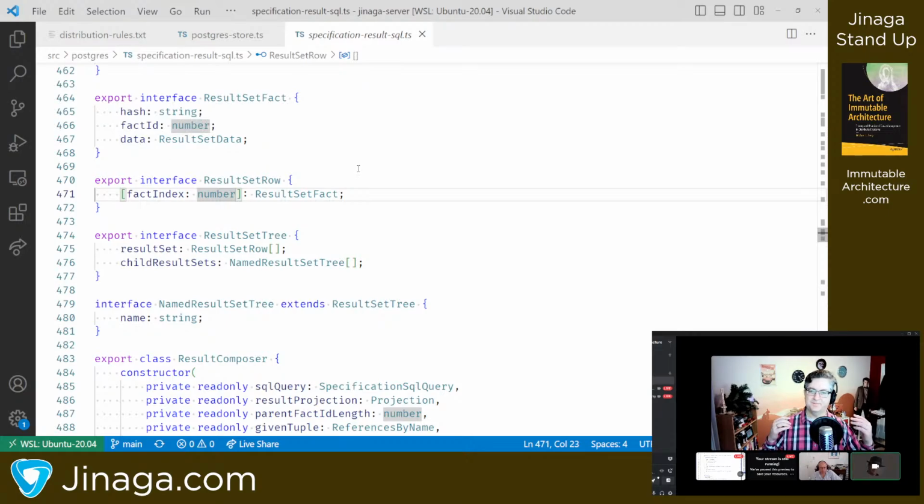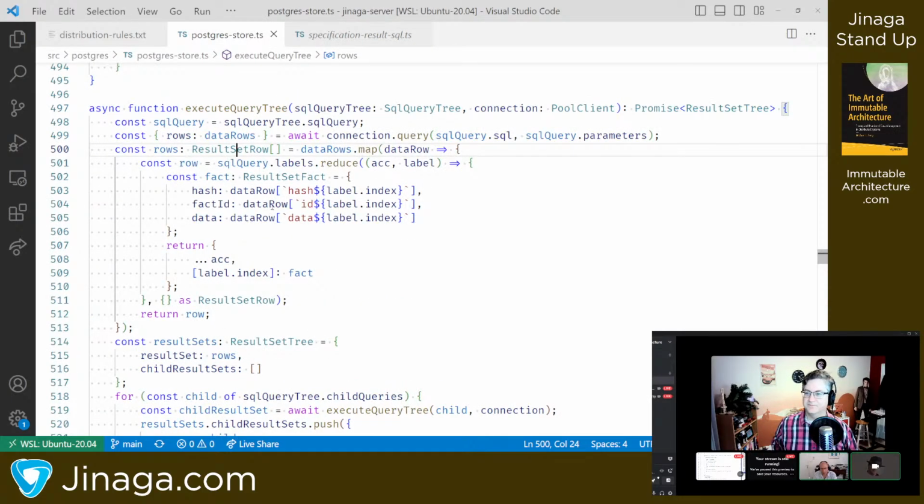When we generate the SQL in the select statement, for each of the different facts that are added, which could be any number of facts based on how many matches you have in the specification, you'll select the hash, the fact ID, and that JSON data. And so a result set row, for each row, has each one of those facts, F1, F2, F3, and each of those things.